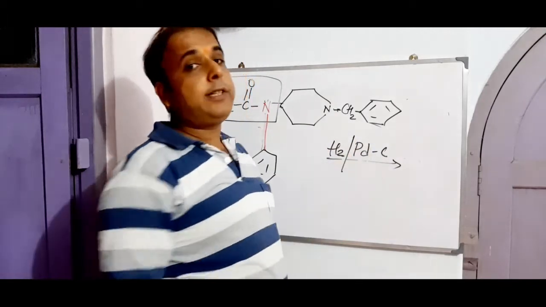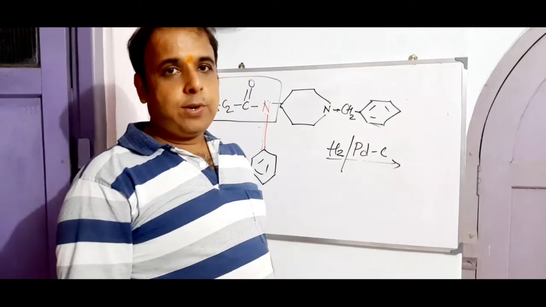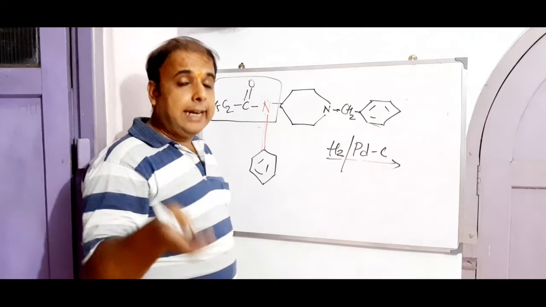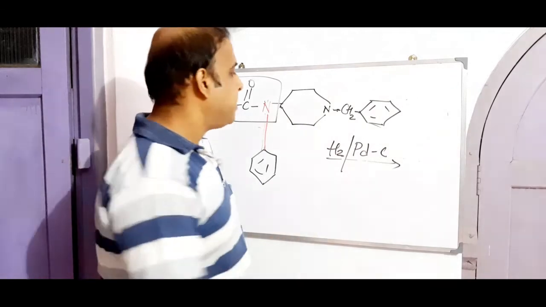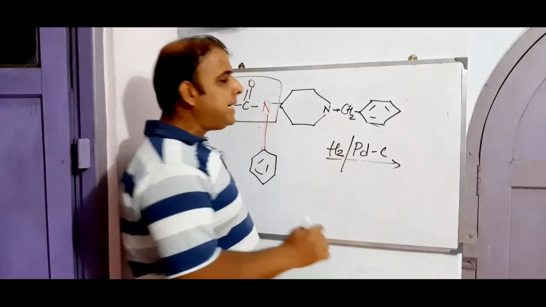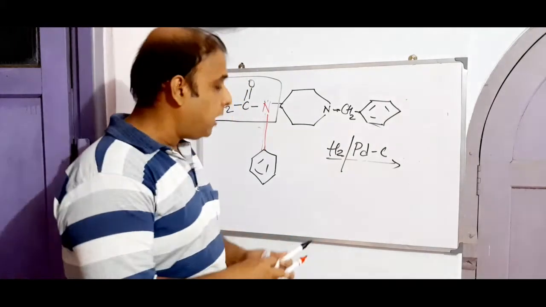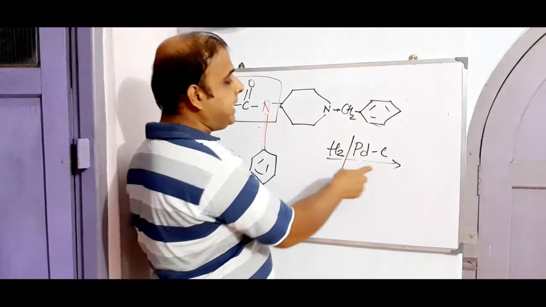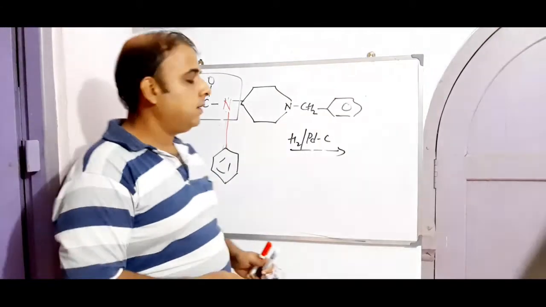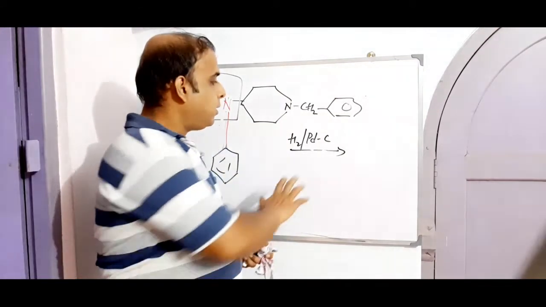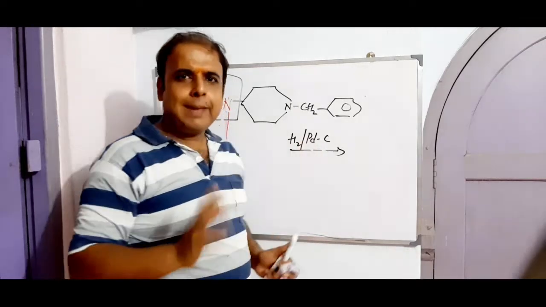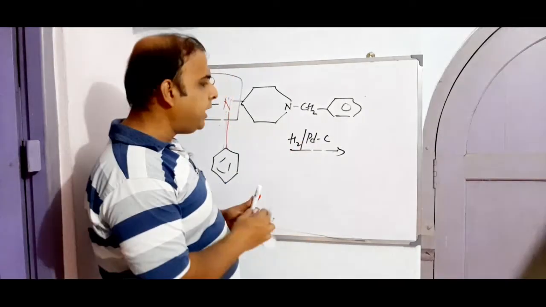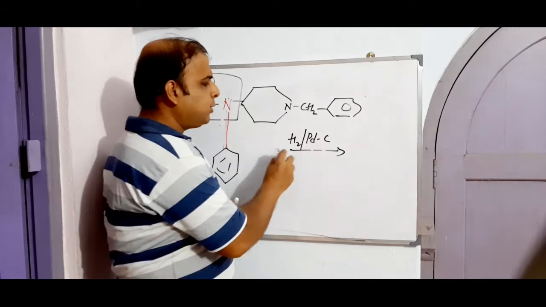Not only here, but also in the process of making polynuclear hydrocarbons, right? I'm talking about naphthalene, then anthracene, phenanthrene and all. So in presence of H2, Pd/C, what will happen? Once this particular intermediate has been treated with this Pd/C, that is palladium on carbon catalyst, now this H2 and Pd/C, what will they do actually? This will hydrogenate the